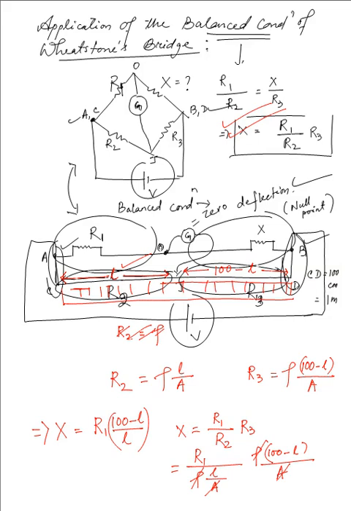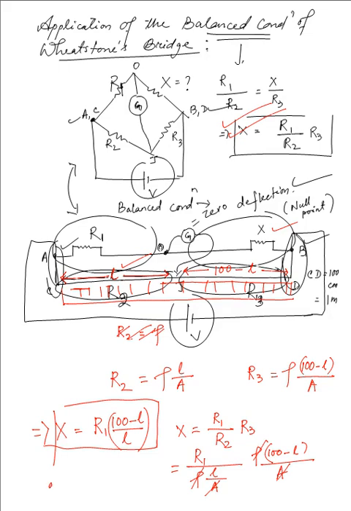And from that L, what you can obtain is 100 minus L as well, and from that you can obtain this value of the unknown resistance. Now you can use a screw gauge to determine the area of cross section of the unknown wire over here, that is X. And from that, if you know the thickness or the area of cross section of the unknown wire,